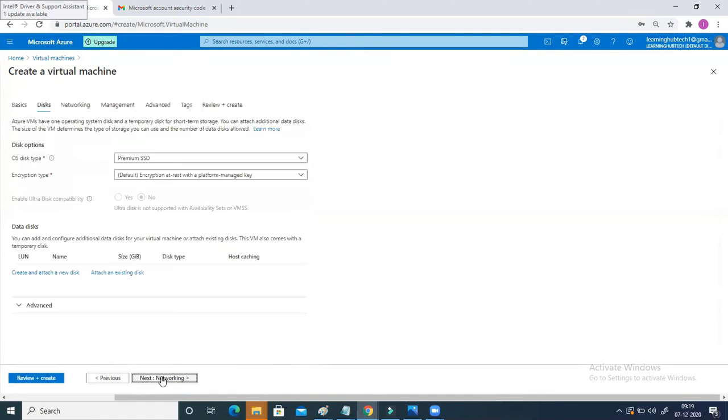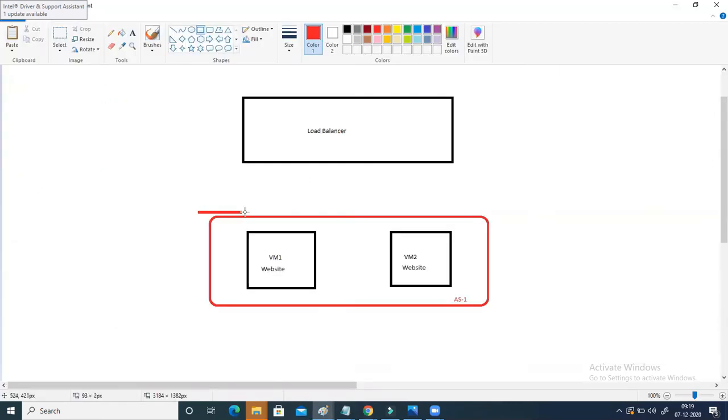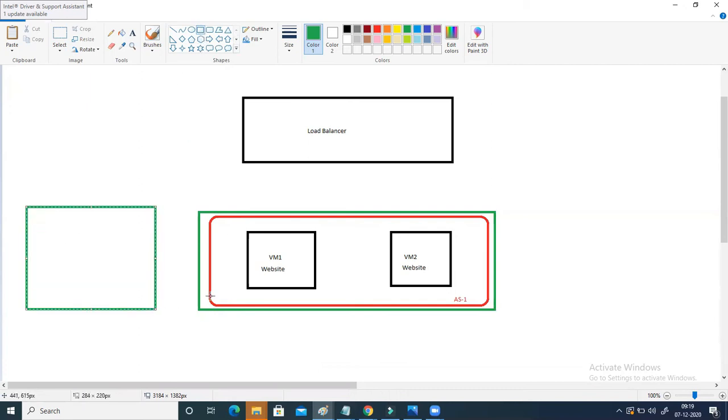Now come back to your networking. When you come to this networking part, VM1 and VM2 should be part of the same network. You cannot do it like this: suppose there are multiple virtual networks, this is your VNet 1 and this is your VNet 2, with one virtual machine here and two virtual machines here.